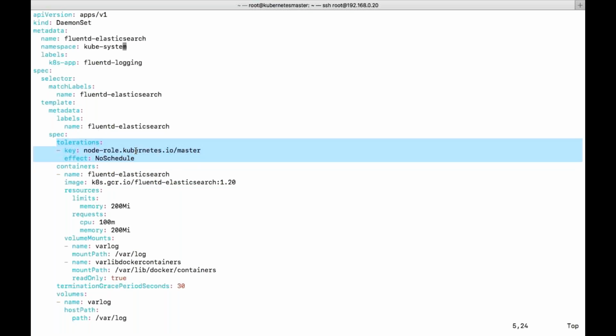So here he is not scheduling this particular pod on the master node. You can see NoSchedule. Schedule in the sense it will ensure that it will launch on that particular node. NoSchedule in the sense it will not launch.